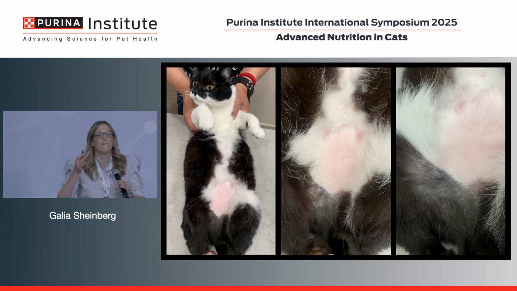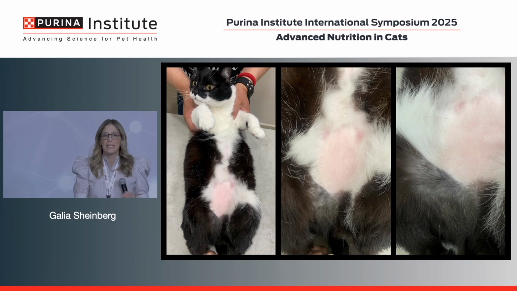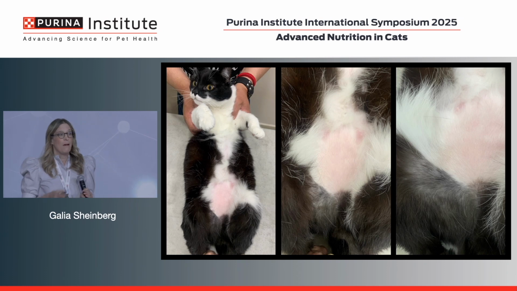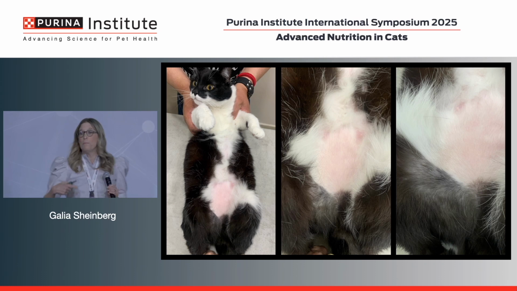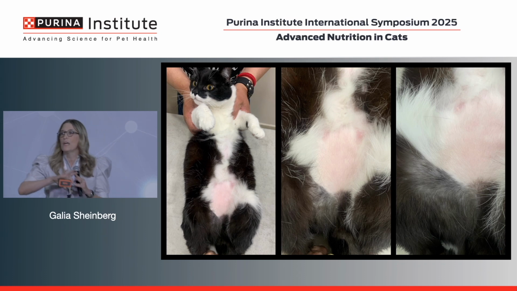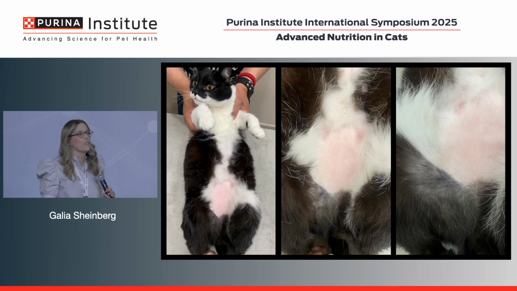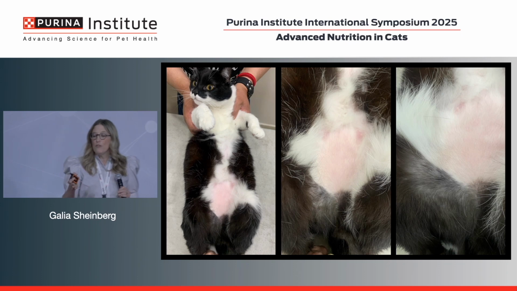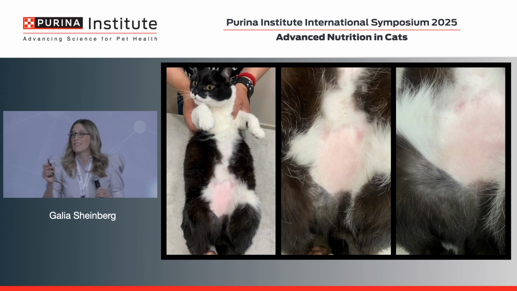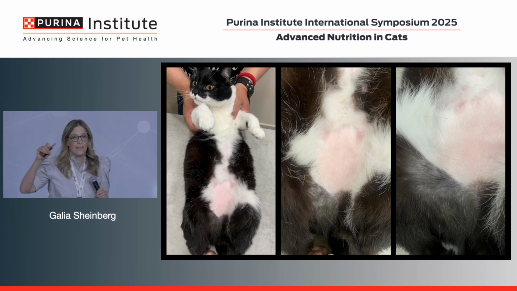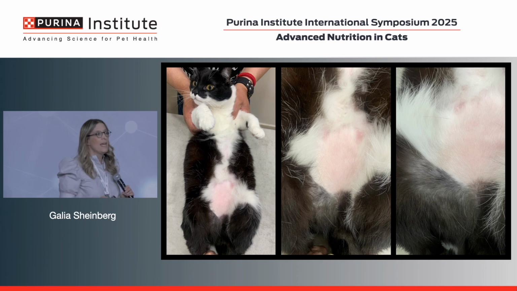So a few images. This is very typical. You will see alopecia many times in the abdominal region. Careful. I know that there are a lot of cat clinicians here and probably in the audience out there, and we want to make sure that we don't have urinary infections. We want to make sure that these cats don't have any orthopedic problems that can cause over-grooming. So take a look at these patients entirely and don't focus only on the alopecic lesions. If you look closely at the close-up, there is hair present. The hair is still growing,